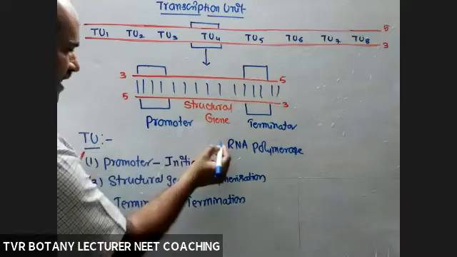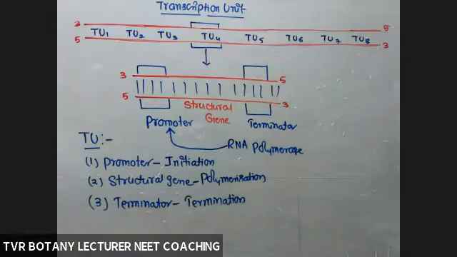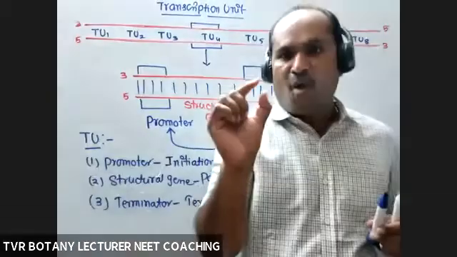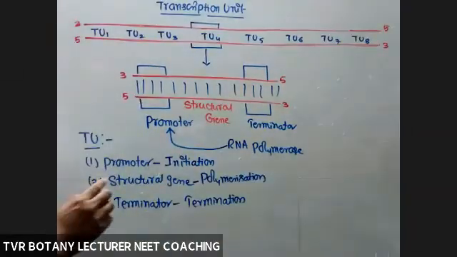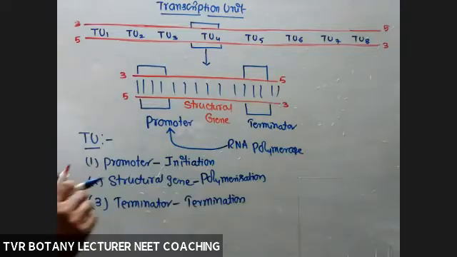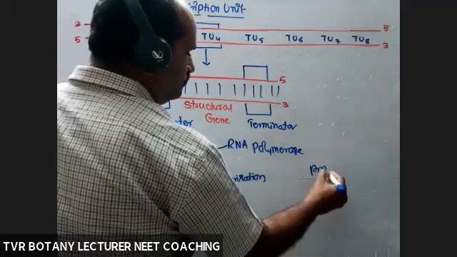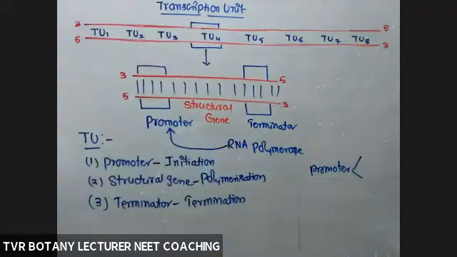This RNA polymerase is able to identify or locate the promoter, the reason being that it is the initiating point. For any work, some point of initiation is mandatory. Here also, for transcription, the initiation region is the promoter region. That promoter is either the Pribnow box or the TATA box.